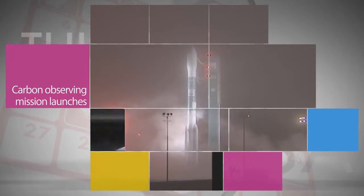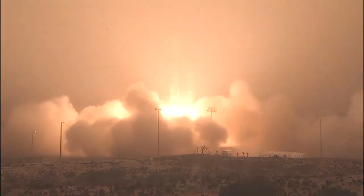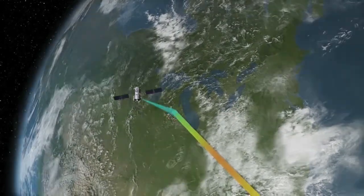NASA's Orbiting Carbon Observatory-2 mission is underway. Launched from California's Vandenberg Air Force Base, OCO-2 will help track our impact on the amount of carbon dioxide in the atmosphere and help us better understand the various human-made and natural sources of CO2. This is one of 5 Earth-observing missions scheduled in 2014, the most Earth-focused missions launched in a single year in